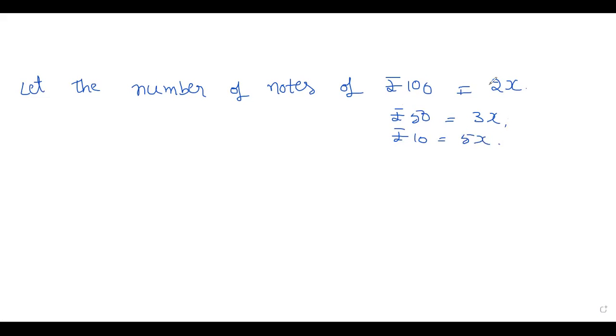Okay, children. So they have given the ratio 2:3:5. So we have written it like 2x, 3x, and 5x. Okay. So respectively, the value of